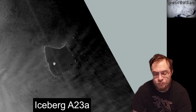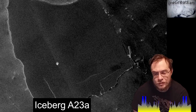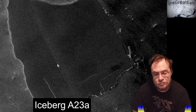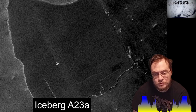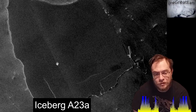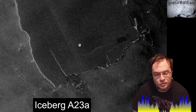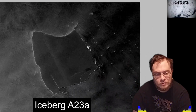unfortunately. It's because this is becoming a great impending disaster with islands surrounding it, as it did hit the South Shetland Islands. I am sure of that. Ever since that earthquake, we've been tracking the movements of A23a and its hilarious path